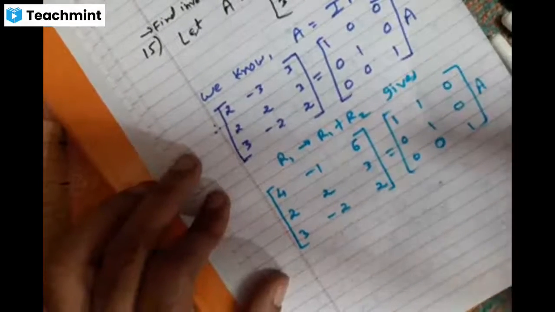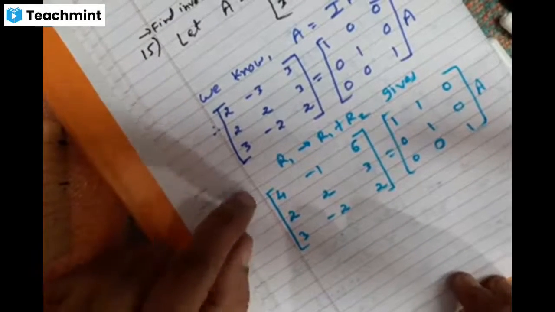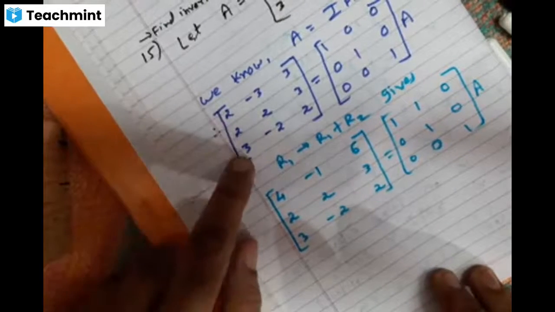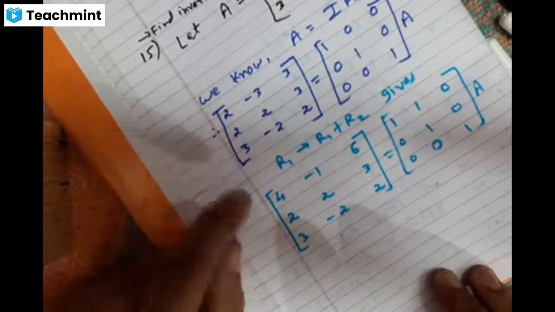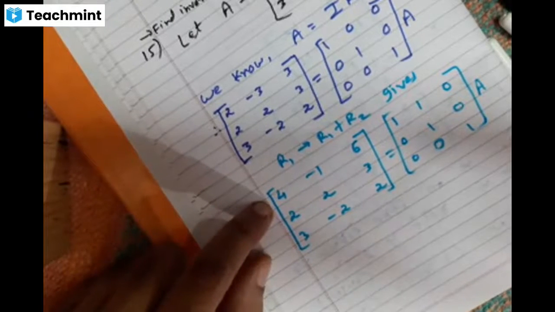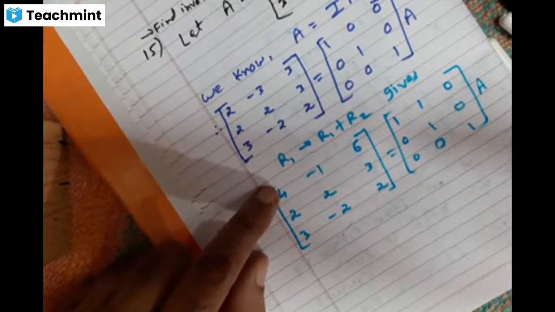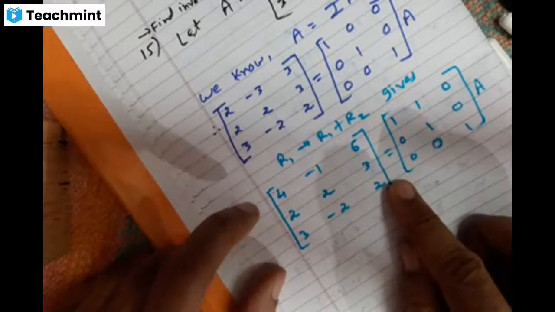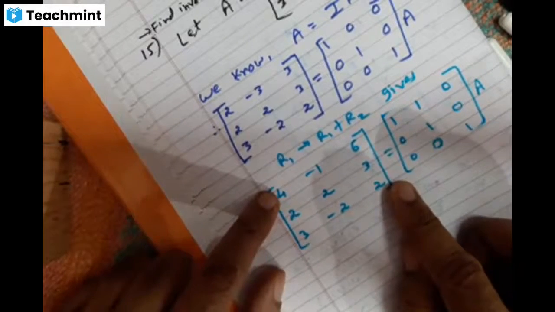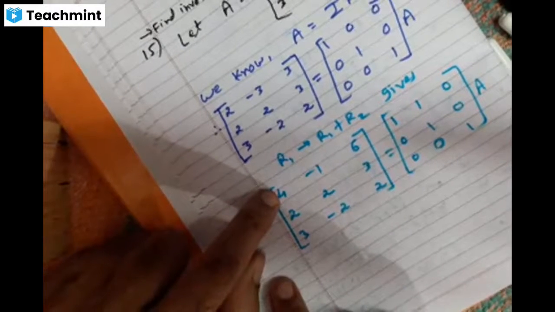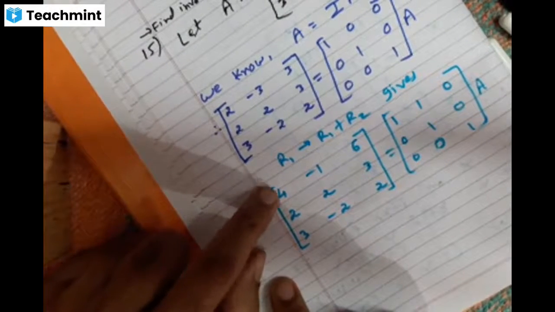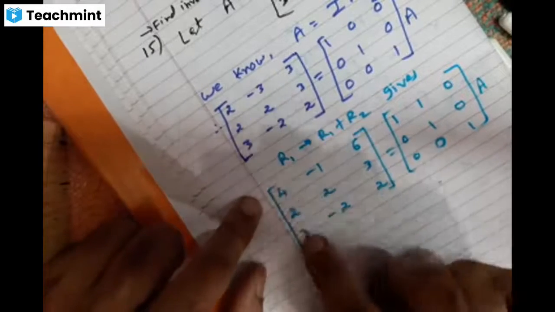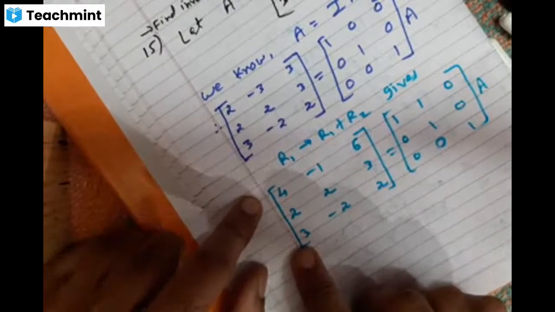Now my purpose to do this, here it was 2 and here it was 3. So if I subtract them, then 2 minus 3 becomes minus 1. And there is also another reason, which we will find out later. If I take subtraction of first row and third row, then 4 minus 3. I am concentrating only on these elements, friends, only on this. Now if I subtract first row and third row, then 4 minus 3 will become 1, isn't it?